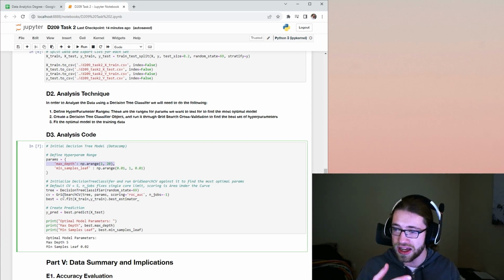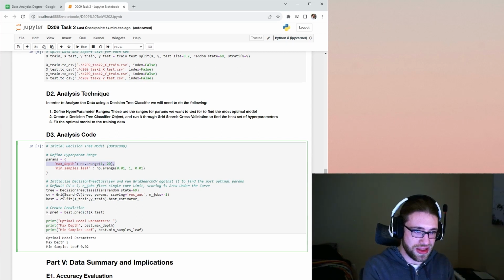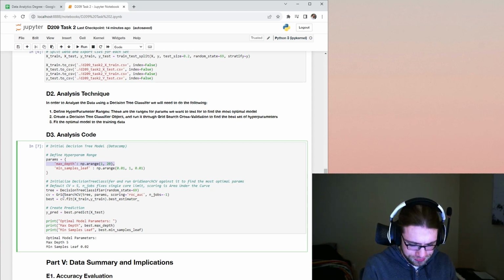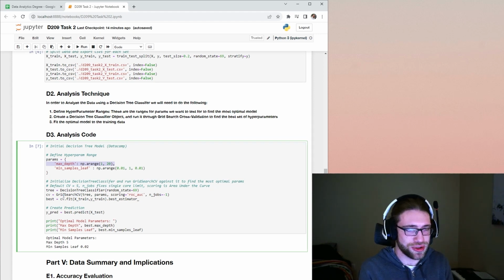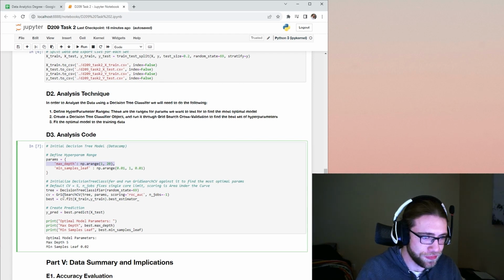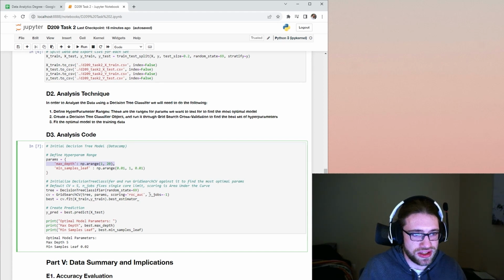You do that for all 5, and then at the end you average a score out as the score for that parameter set. And then after getting the average score for all of those parameter sets, you have an optimal model, whichever one has the best score. We are using the area under the curve as a metric for the scoring,